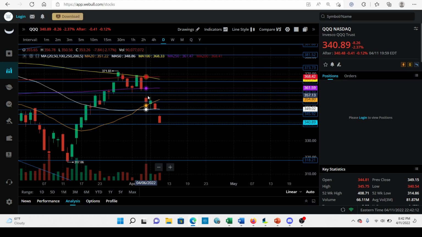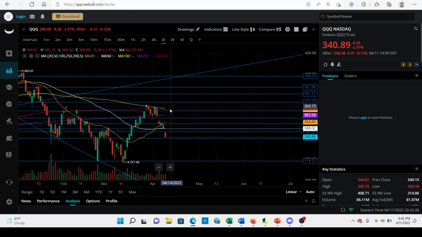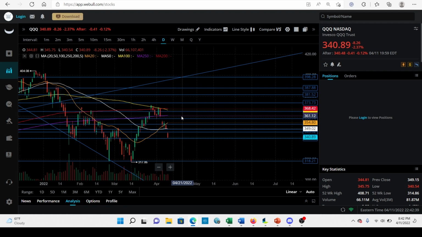Yeah, that's like 360. And then that's 3. So we have like a $3 gap here, and we have another pretty massive gap right here, like an $8 gap. So yeah, $3 gap, $8 gap. So don't be too bearish on QQQ. I do think it's likely that at some point in the future we come back, we fill this gap, and then we potentially fill this gap as well. So do watch out for that. Don't be shorting at these levels.